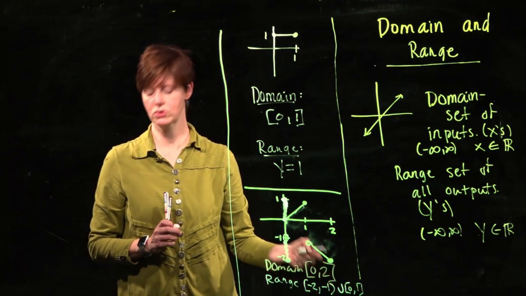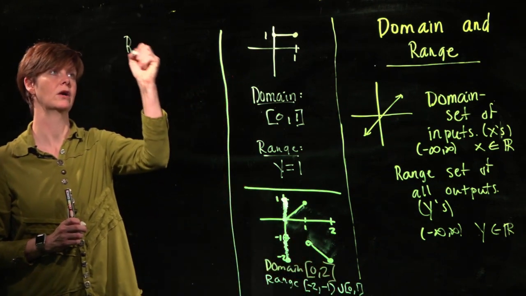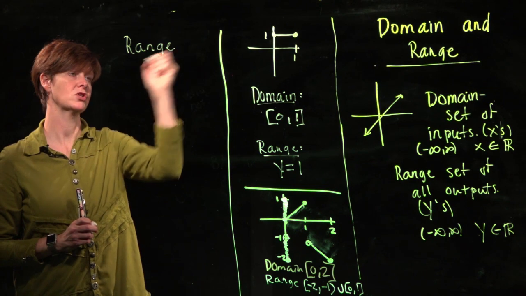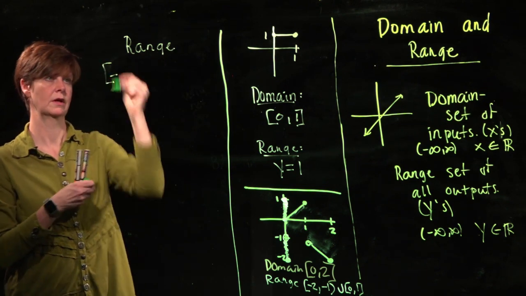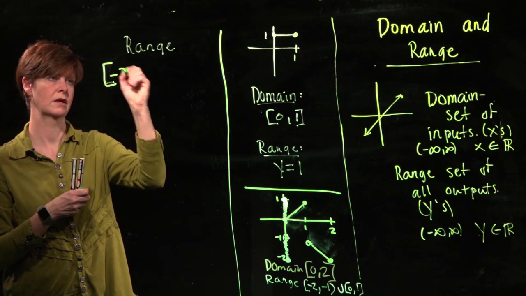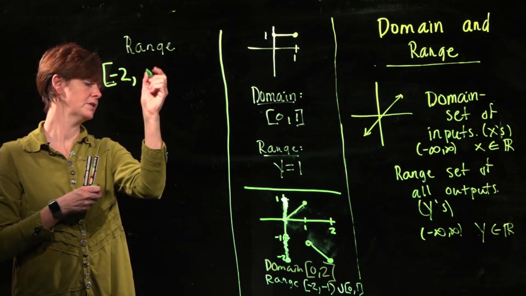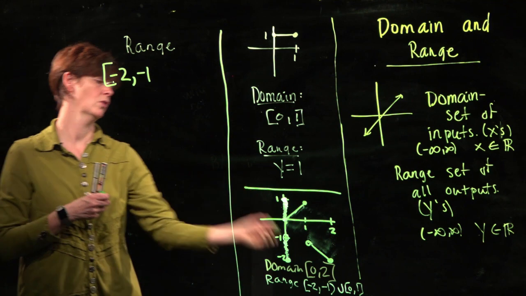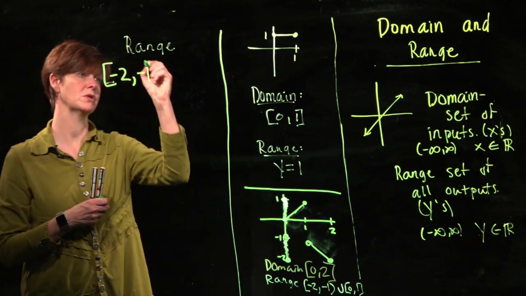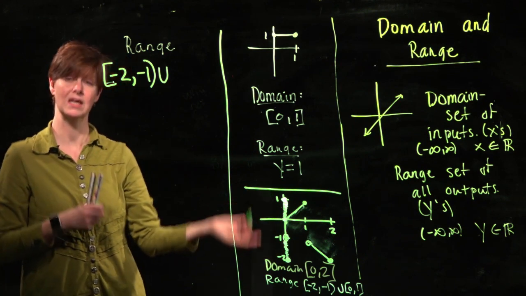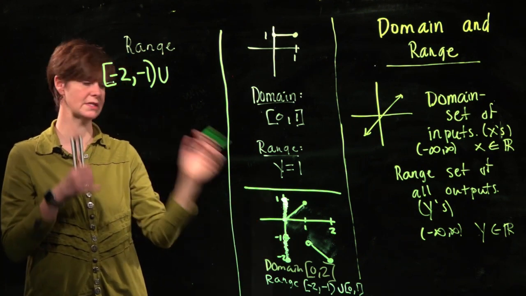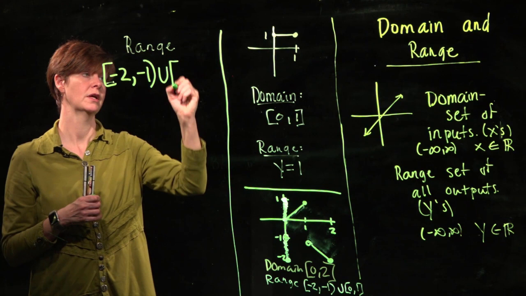Now, just in case that was too low on the board, I'm going to rewrite it up here. My range for that one was -2, let's use a darker pen, comma, up to -1, which had an open dot on it, so I'm going to use a parenthesis. And then I'm going to union, that union indicates that it's disjoint, it is two separate sets,